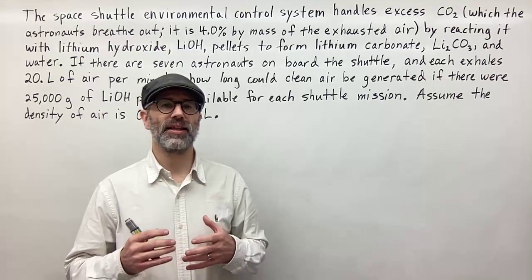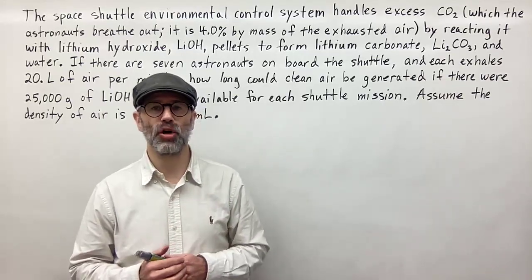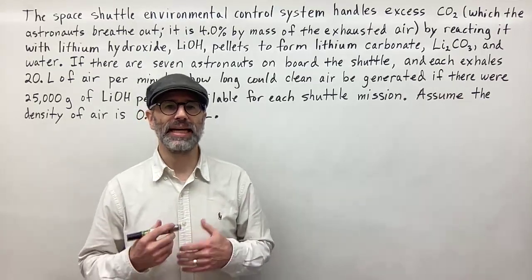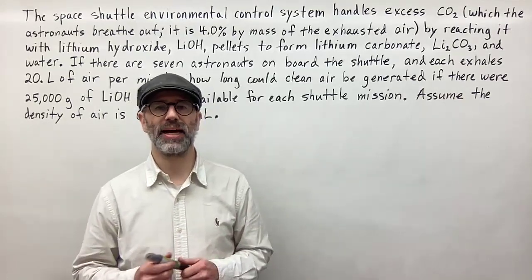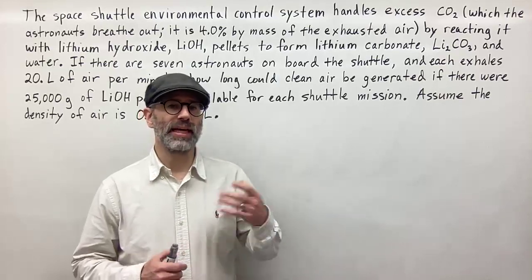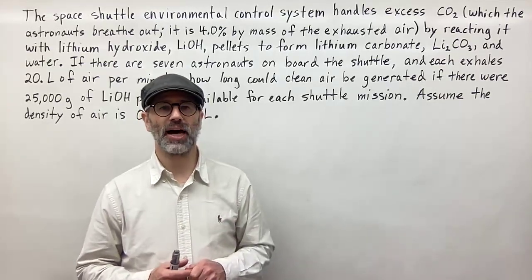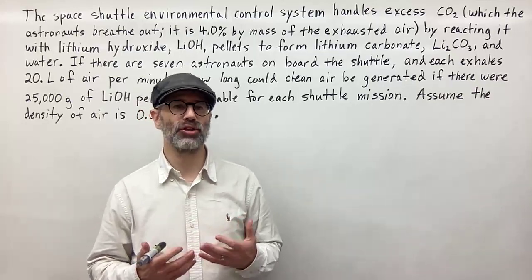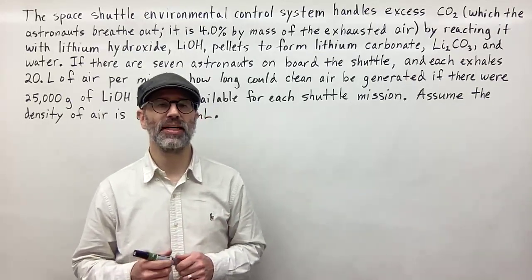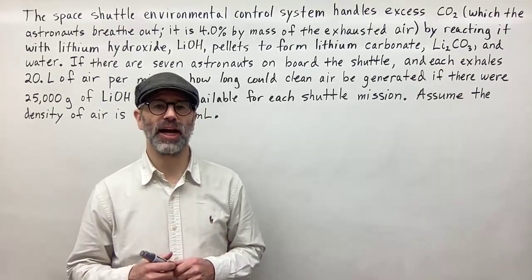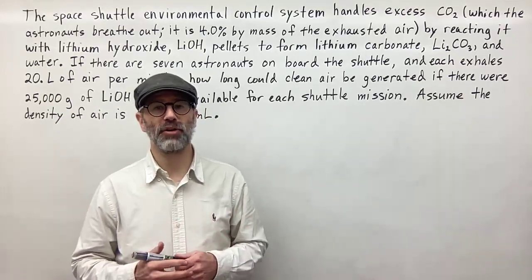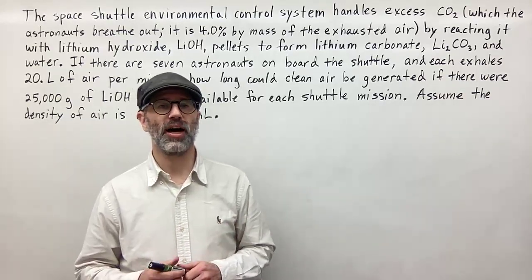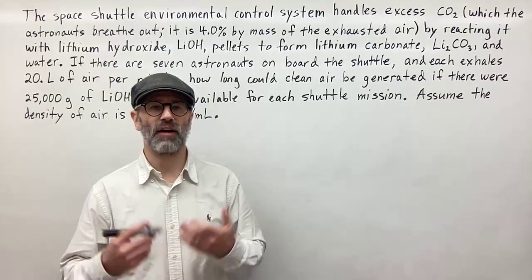And the system removes the excess CO2 by reacting it with lithium hydroxide pellets to form lithium carbonate and water. So if there are 7 astronauts on board the shuttle and each astronaut exhales 20 liters of air per minute, how long could clean air be generated if there were 25,000 grams of lithium hydroxide pellets available